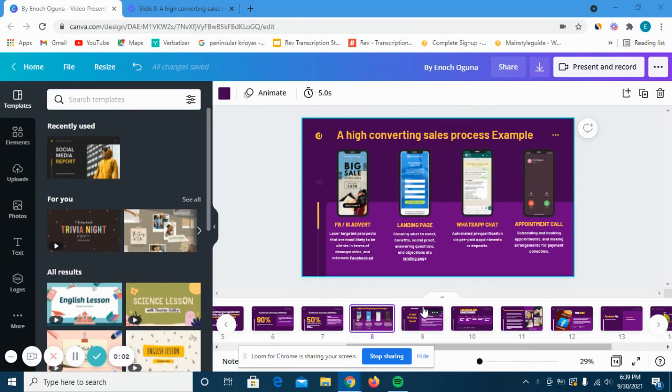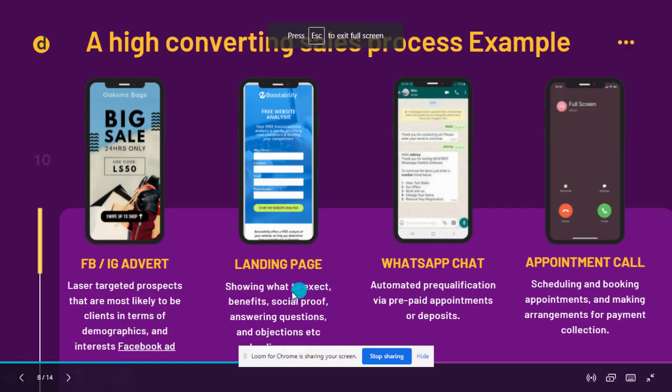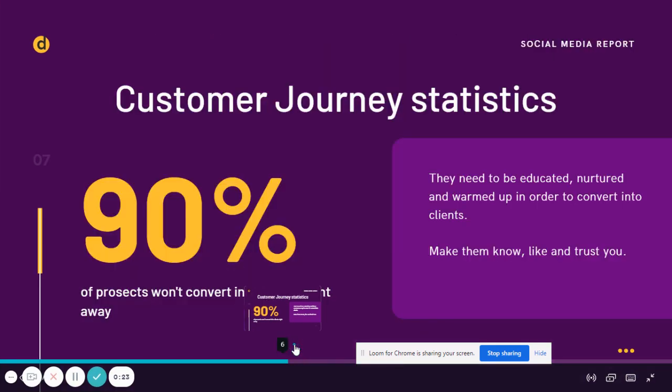Hey again. So there's something I kind of forgot on this slide. I forgot to show you what a landing page actually looks like. So let me just open this screen a little bit. I'm going to be clicking on something over here, and you're going to be seeing what a landing page actually looks like, especially for